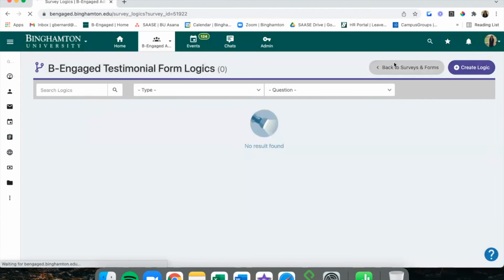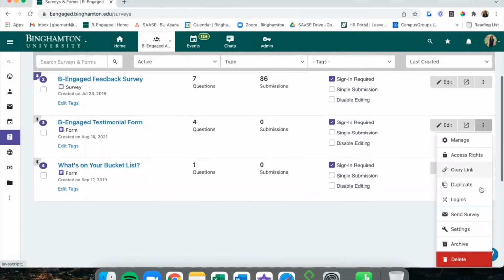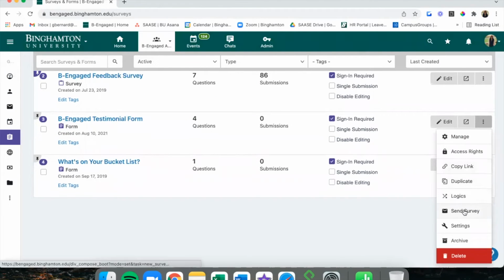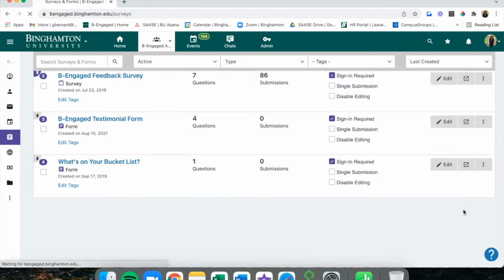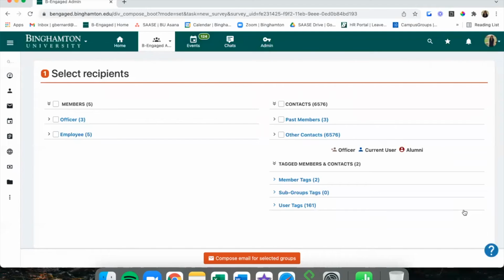Heading back to surveys and forms, if we go to those three little dots again, the next option is to send your survey. So if you click Send Survey, it's actually going to take you into the email builder, which, similar to how it was in the events section, allows you to choose who your recipients are and then compose your email and send a targeted email to people who you want to fill out your form right from the surveys and forms page.